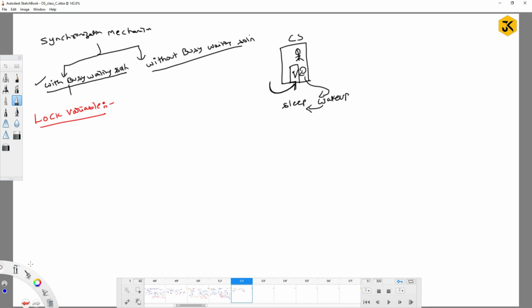So lock variable is a kind of software solution used at user mode, guys. Used at user mode to implement any kind of synchronization solution, and which comes under with busy waiting solution. And we can use this particular lock variable software for n processes. Okay, now, so in general,